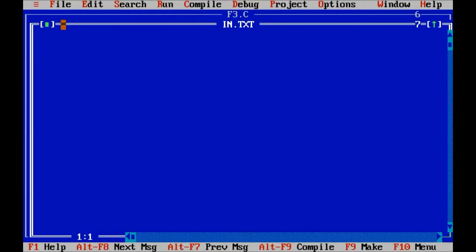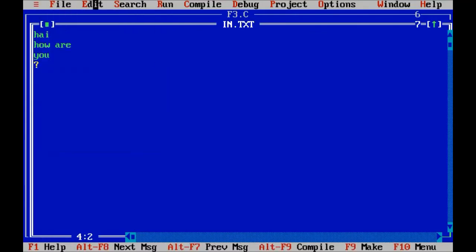What I'm doing here is entering some information like hi, how are you, and a question mark. So you can see how to manually create a file. I have just opened a new file, typed some information into it, and I'm saving this information.